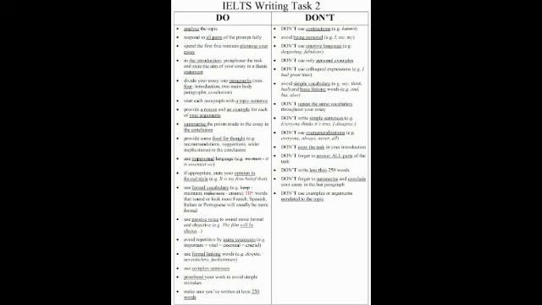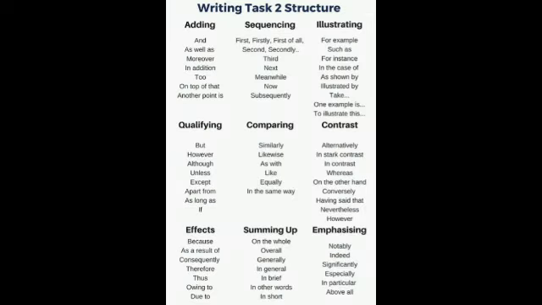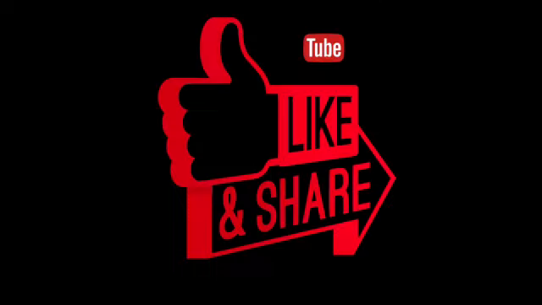Tip number 10. Make your position or point of view as clear as possible in your essay for academic writing task 2. Your last paragraph should be a conclusion which is consistent with the arguments you have included in your essay. Tip number 11. Memorizing a model answer for the writing test won't help you. The examiner will see that your answer does not match the topic of the essay.